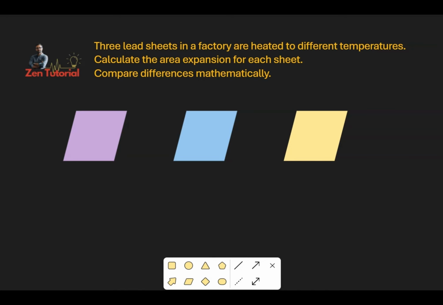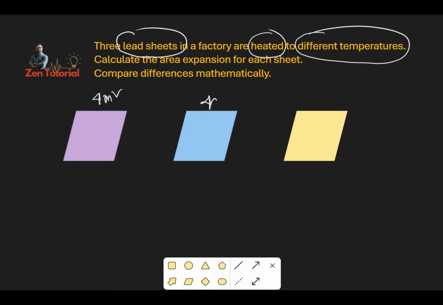Problem: 3 lead sheets in a factory are heated to different temperatures, right? All of these 3 are made of lead. An initial area, let's say this is 4 meters square, this is 4 meters square, this is 4 meters square as well. An initial temperature, let's say the initial temperature is 25 degrees Celsius,